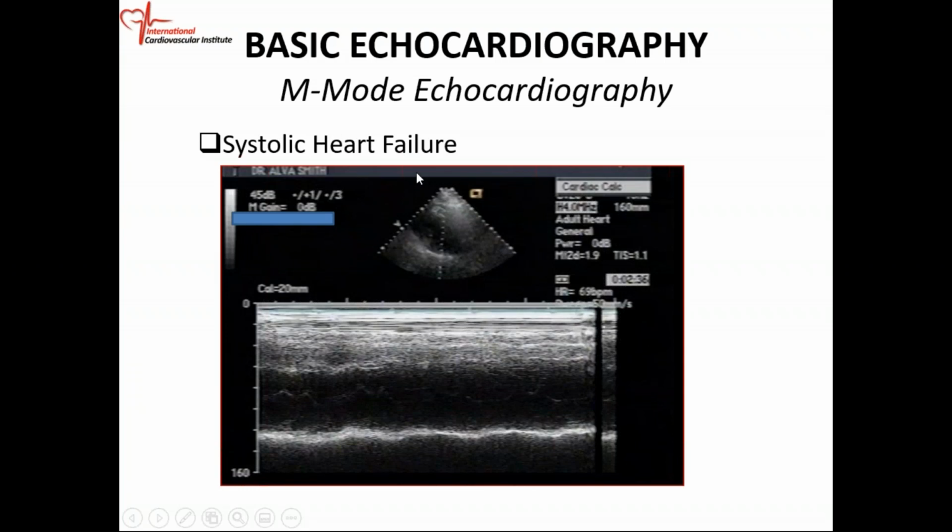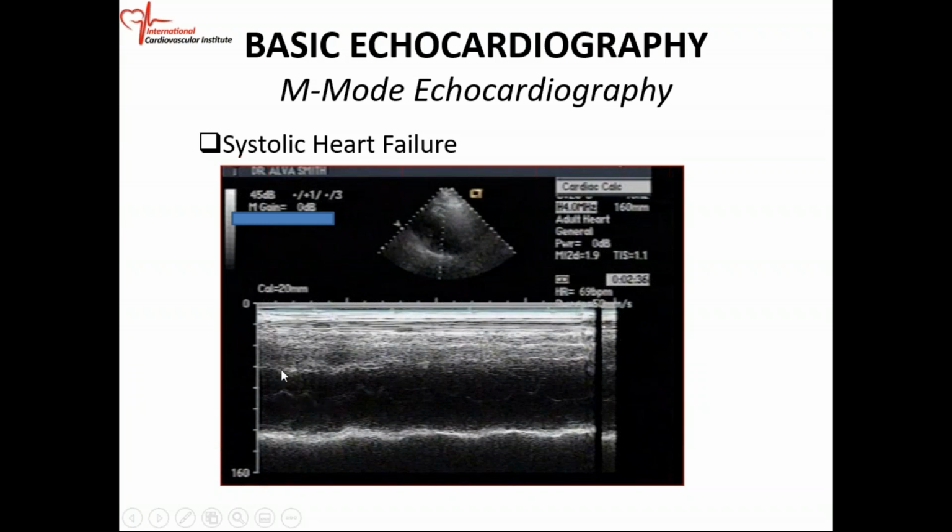Systolic heart failure is also fair game. Again, you're just going to get an M-mode looking at the mid LV cavity. The important thing is your E point septal separation. You need to remember the different structures, and sometimes your echoes are not going to be textbook classic. You have to figure out what's going on. This is your anterior mitral leaflet. The D point is right there, E point, F point, A point, C point.